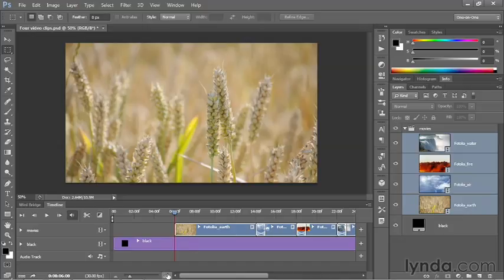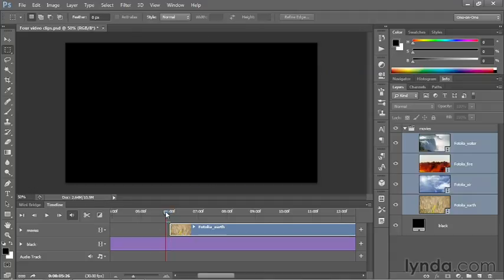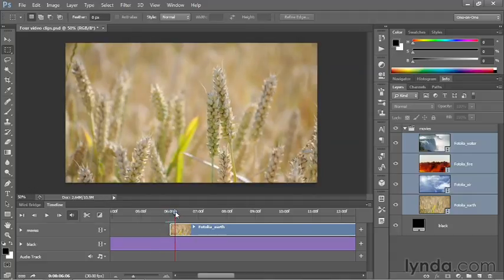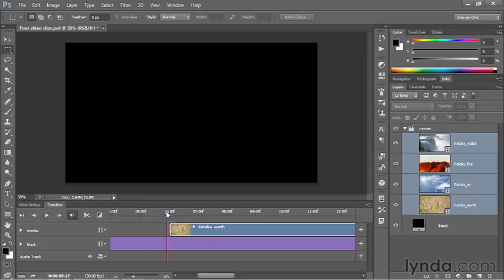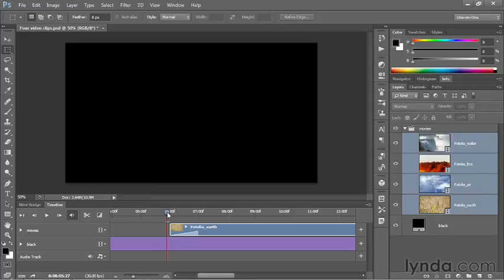All right, now I'm going to go ahead and zoom in on the playhead a little bit. And I want to create a transition from black. Notice right now we go from absolute black right into the video. I want to create a fade between the two. And so go ahead and click on the transition icon once again. Grab fade, a duration of 1 second is just fine, and drag it onto the beginning of that movie. And Photoshop automatically knows, because you hit the beginning of the movie, that you want to fade the movie in